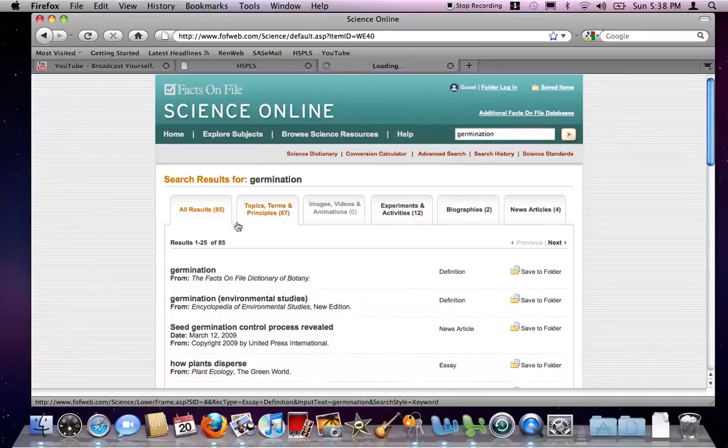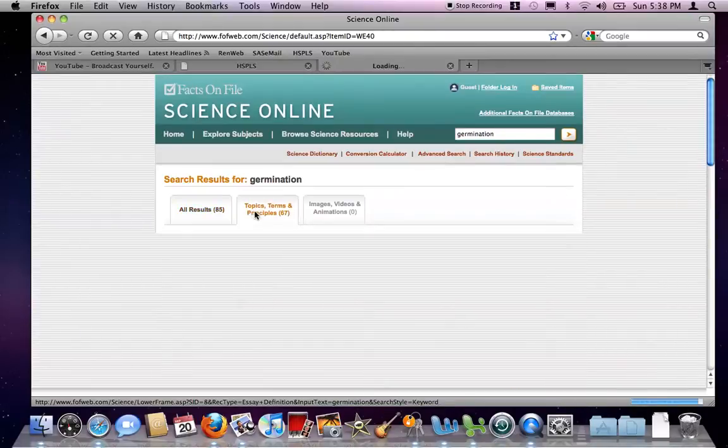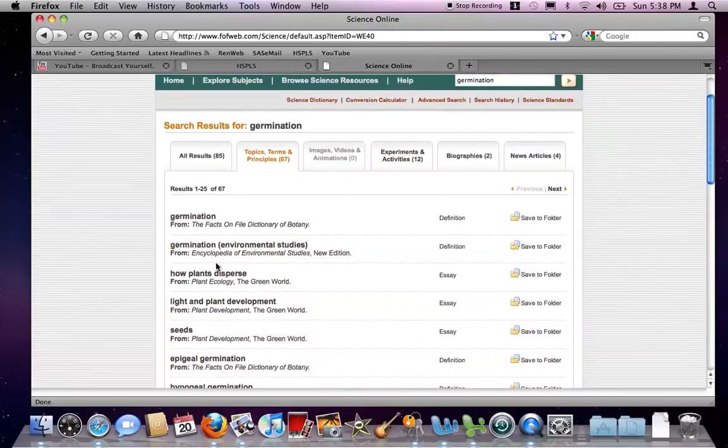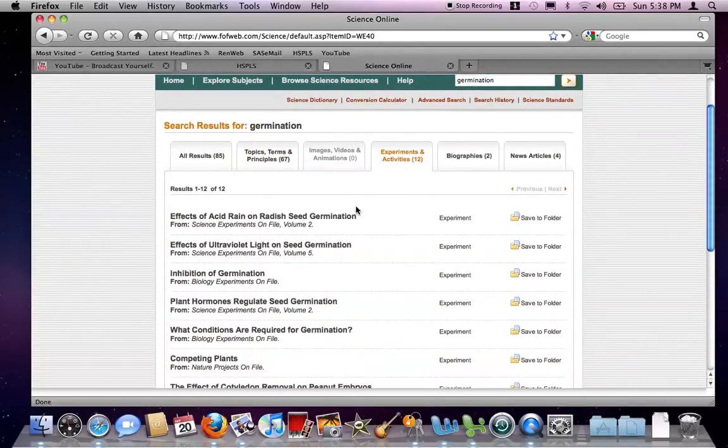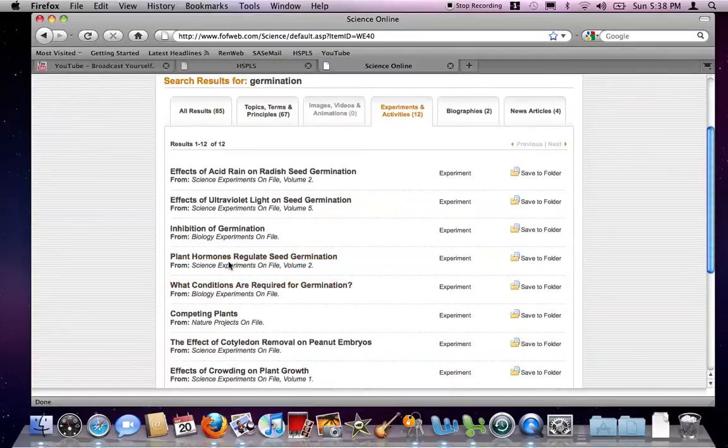We find that there are 85 total results. We get topics, terms, and principles. That will give us basic background information on the topic. Unfortunately for germination, there are no images or videos, but there are some experiments listed. Here, if you think you might be looking for an experiment on germinating seeds, you can find them. For example, effects of ultraviolet light on seed germination. If you're interested in that, click on it,